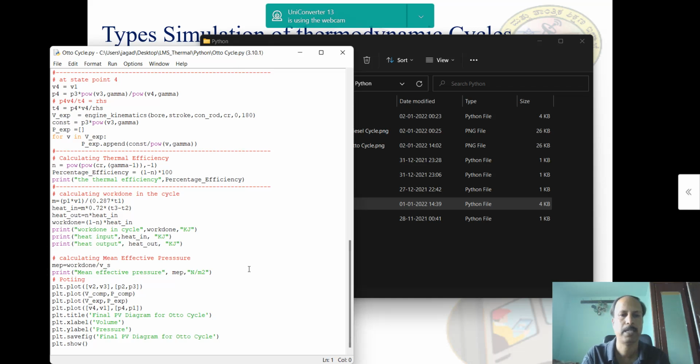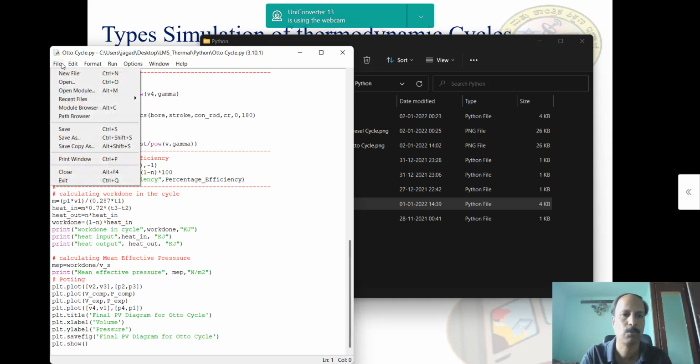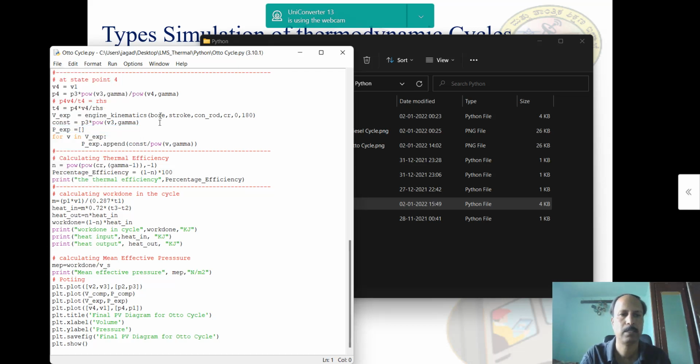If you want any modifications in this particular code, you can do that. If you modify this code, then you have to save before running this program like this.